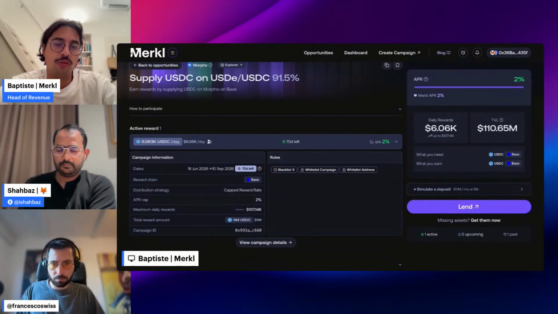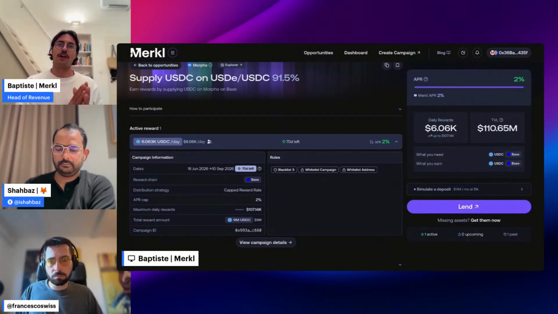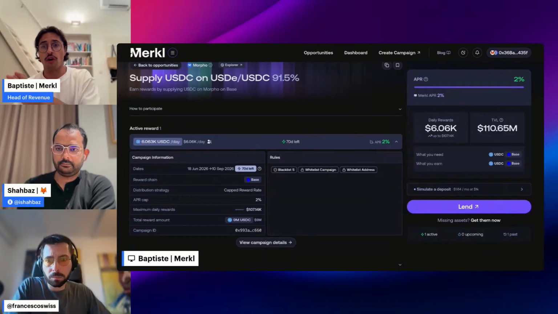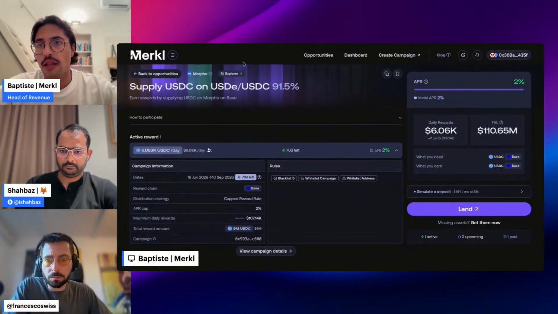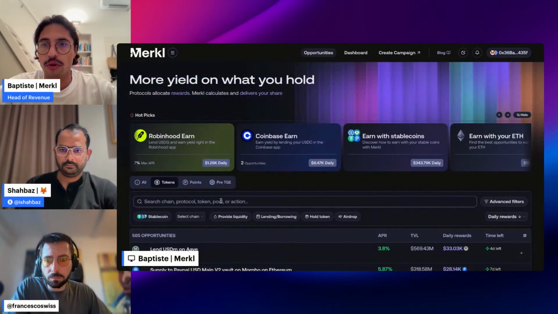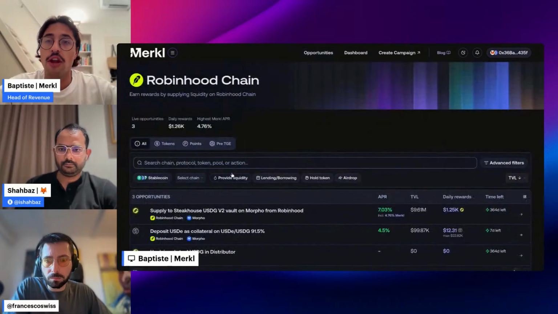But the most traction we're seeing today is, as we've all seen, DeFi starting to be more institutionalized. And we've switched from being a provider who distributes a lot of rewards to being a provider who distributes yield. A good example from yesterday is Robinhood Crypto, who set up an earn program.